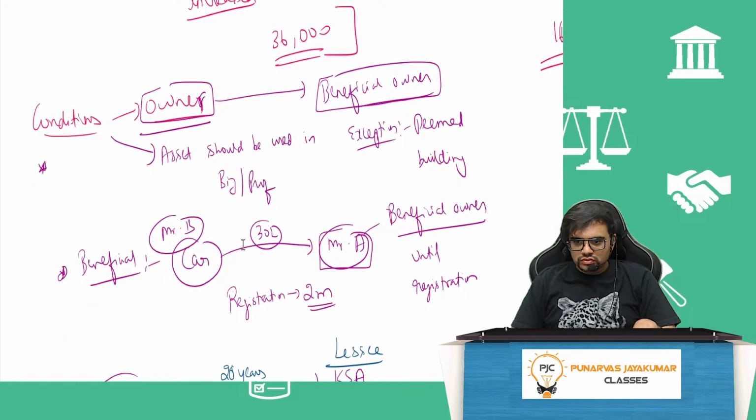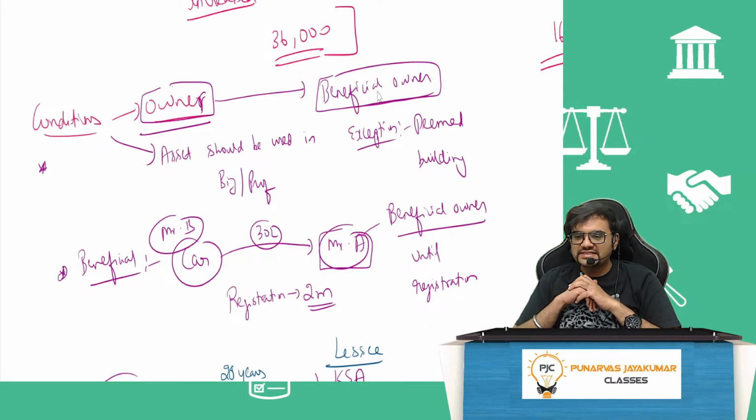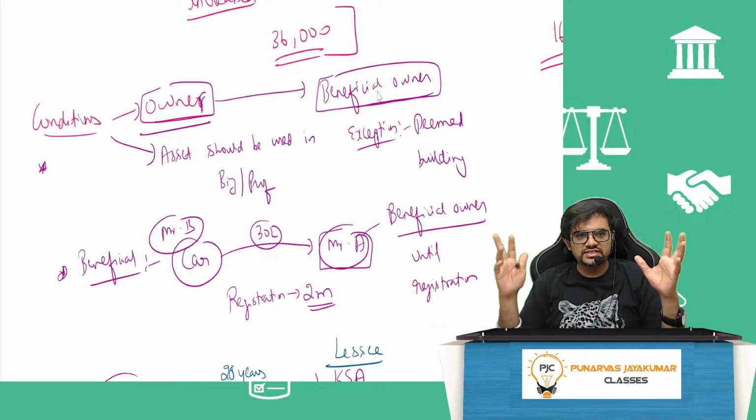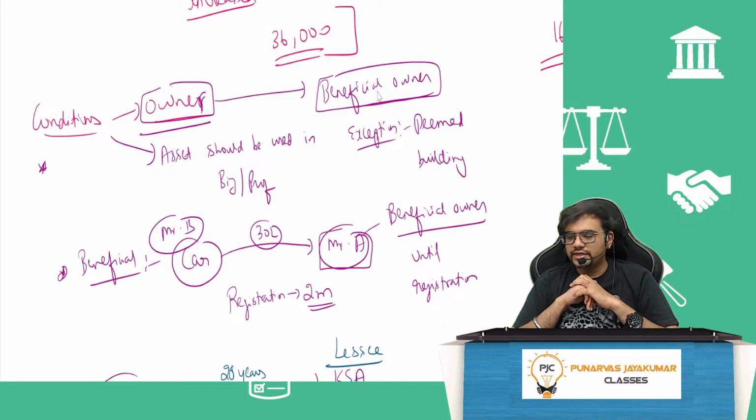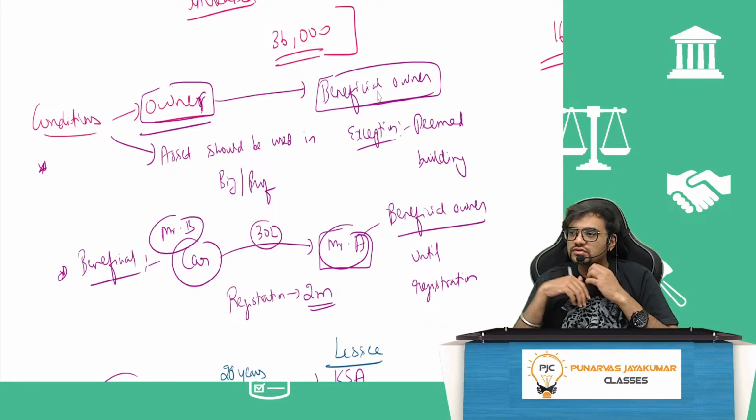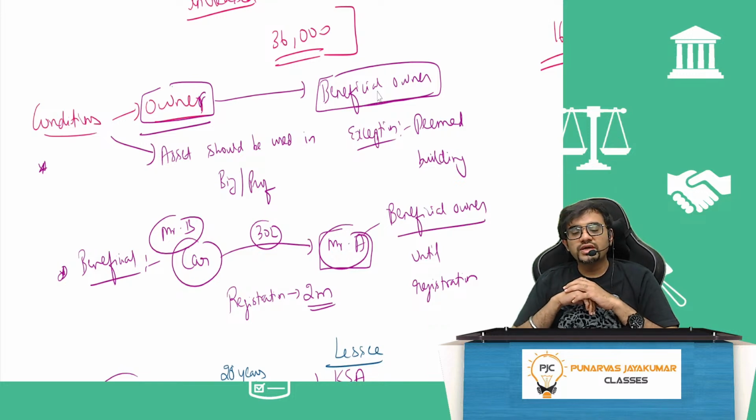So the general rule of depreciation is you should be the owner of the building, that is, the beneficial owner of the building. The asset should be used for business or profession, as simple as that. So if I am a company which is into leasing, I should use those assets for business. What is my business? Leasing. So no problem. The exception is team building. In team building, even though you are not the owner, you can claim depreciation. That is only an exception there.